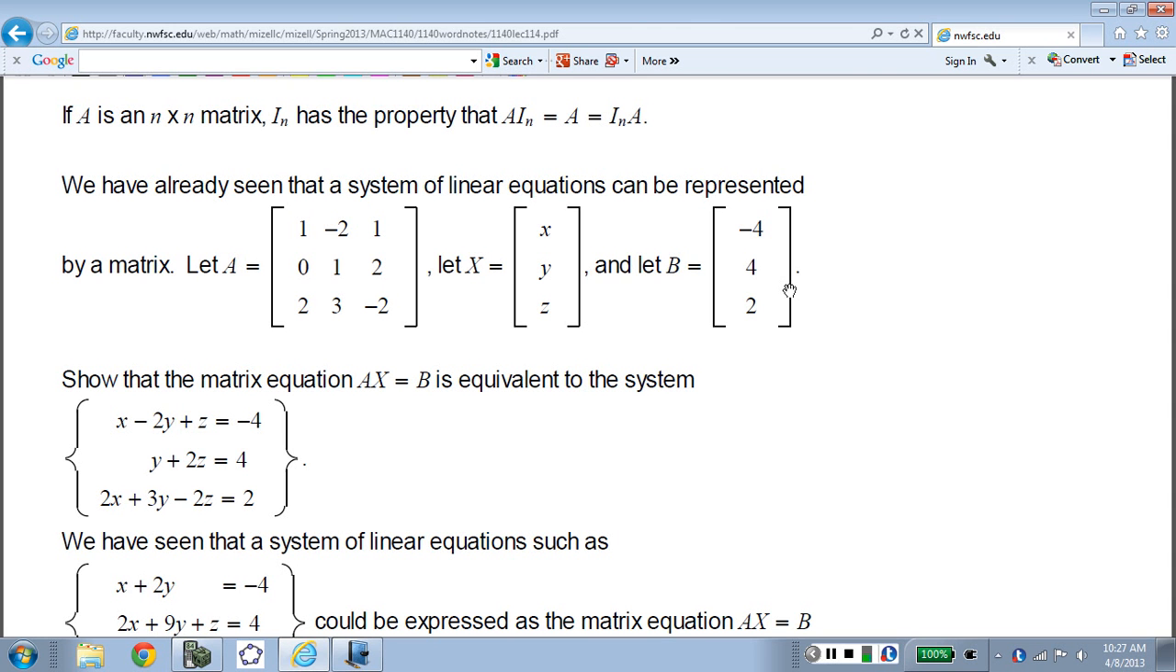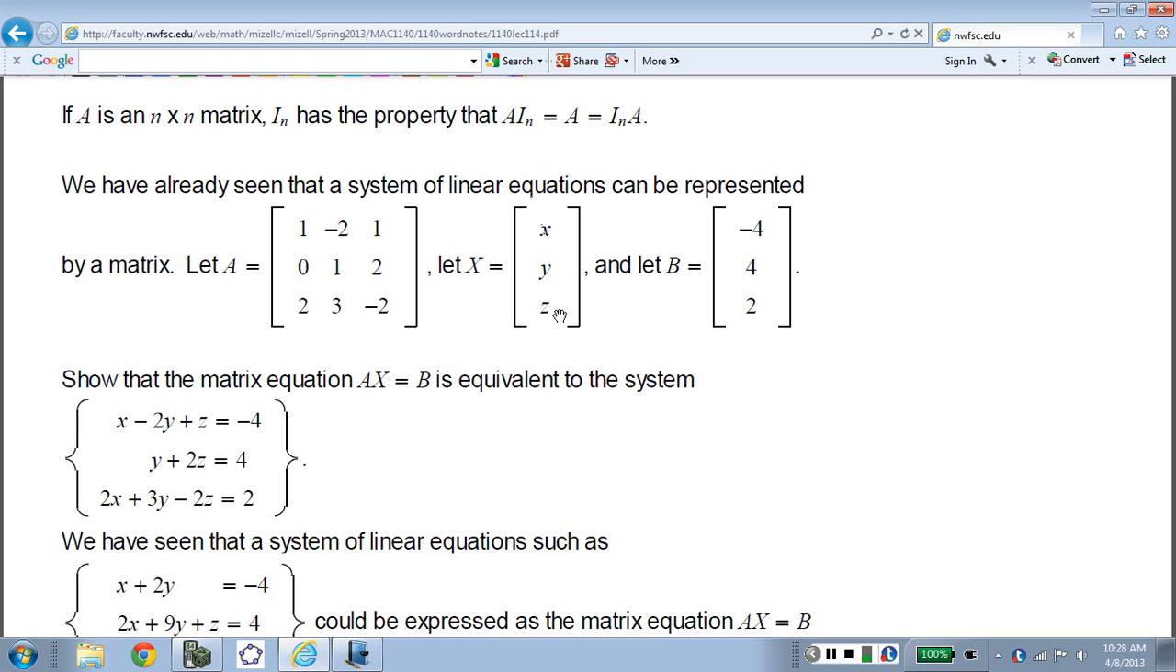I believe we've already seen this, or maybe we haven't. We can represent a system of linear equations by a single matrix. We can also represent a system of linear equations by a matrix equation. Suppose we have the matrix A, this 3x3 square matrix there, and let X, big X,